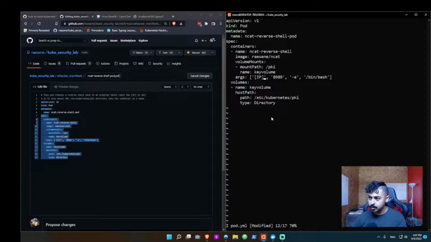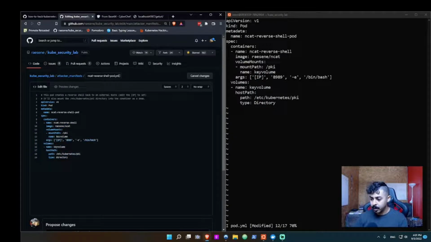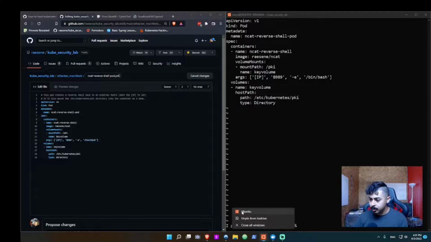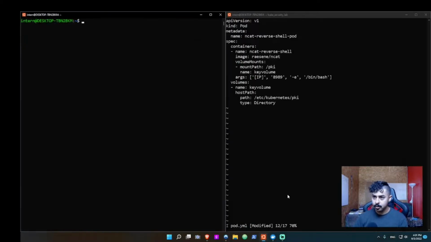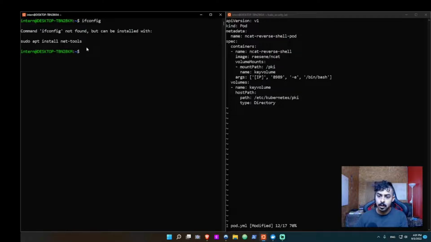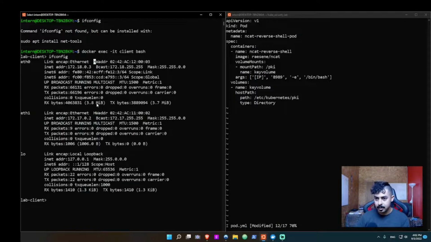Now that that's copied, we are going to change the IP here to the IP where we want to catch the reverse shell. For that, I'm going to open up another shell and type ifconfig. We need to go into our client container first. ifconfig, and here we see